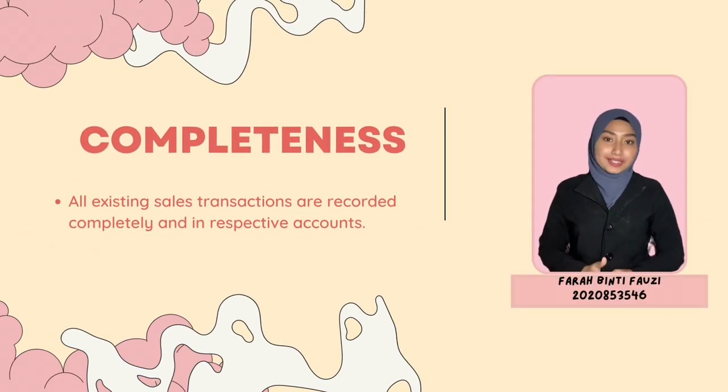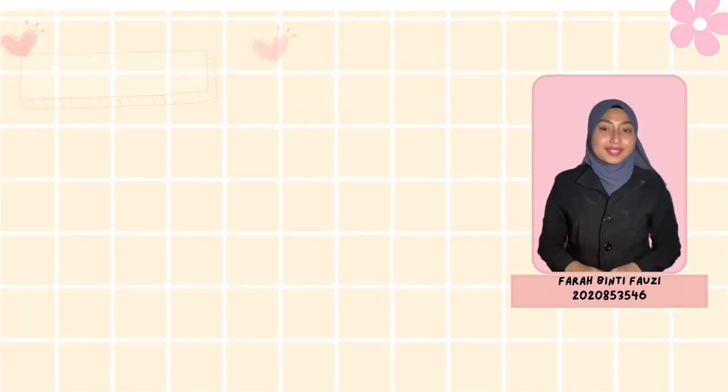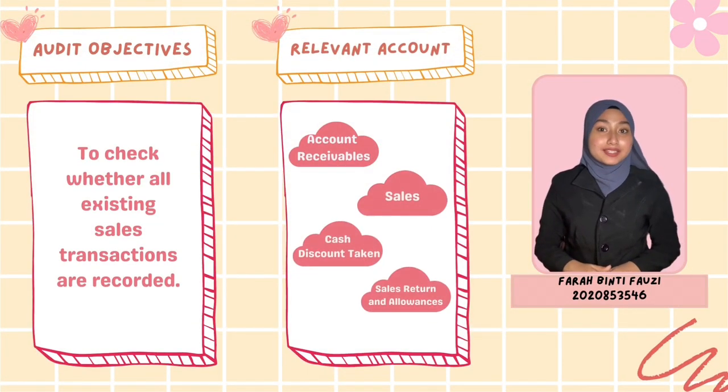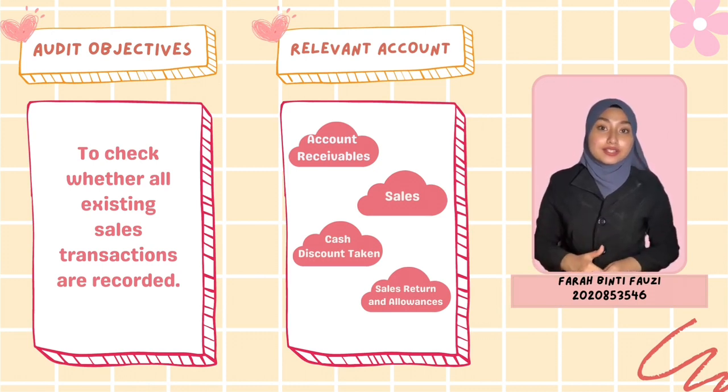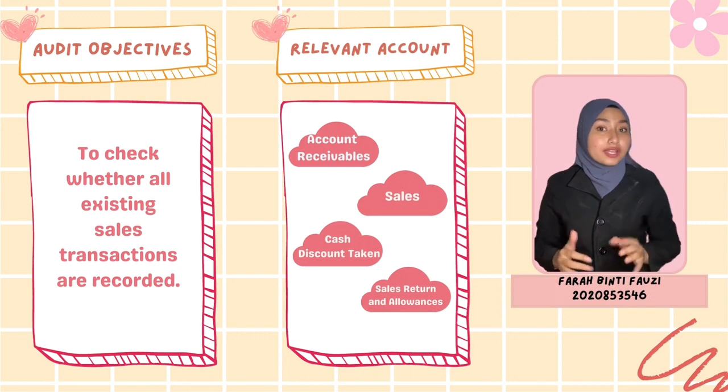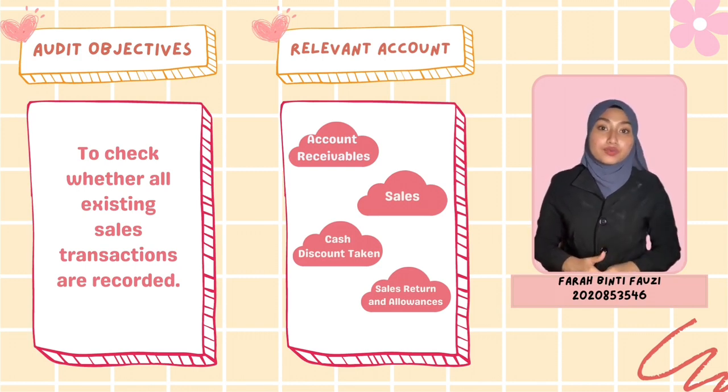Move on to the next section, completeness. Completeness means when all existing sales and transactions are recorded completely and in respective accounts. The other objective of completeness in sales transactions is to check whether all existing sales transactions are recorded. On the other hand, there are four relevant accounts, which are accounts receivable, sales, cash discounts taken, and sales return